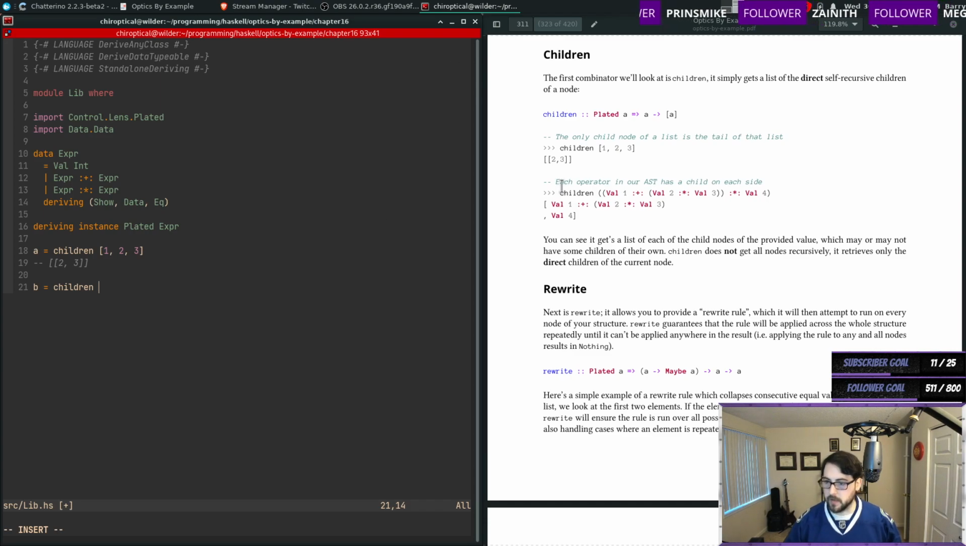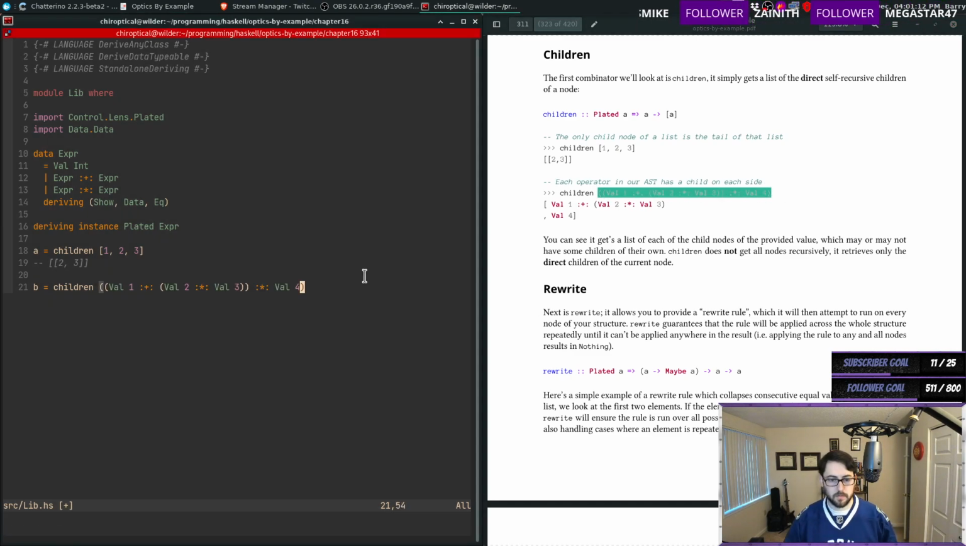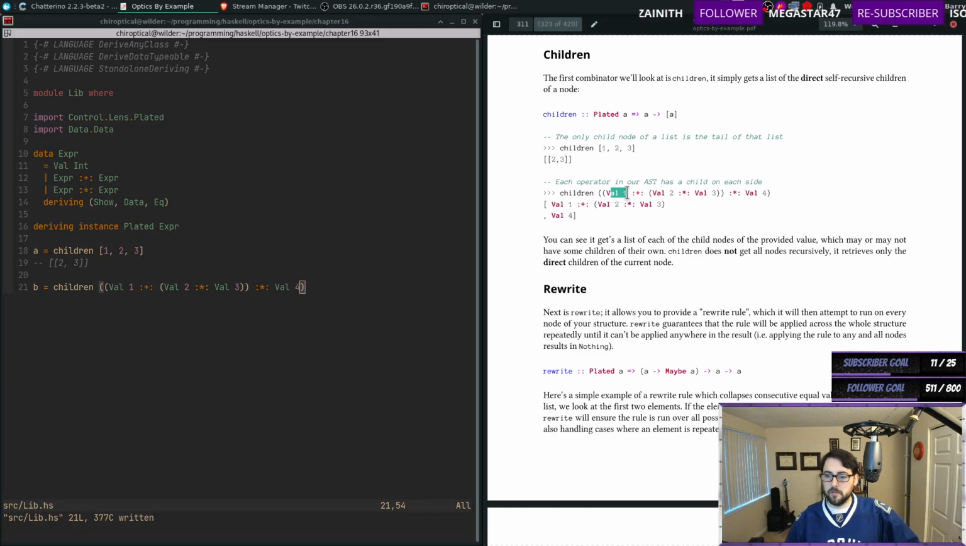So I'm just going to copy this. So val1 is a node, and each operator in our AST has a child on each side, because each is an Expr. So the right side is 1 and the left side is 1. I don't fully understand this, but